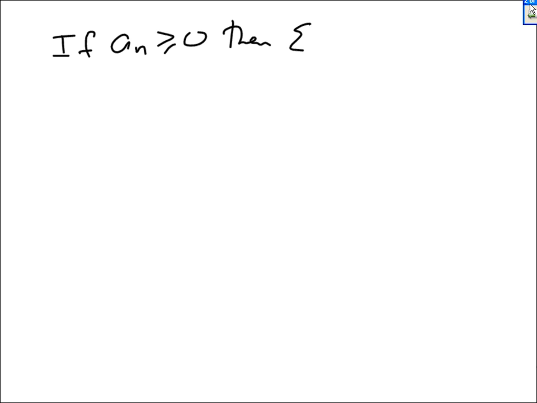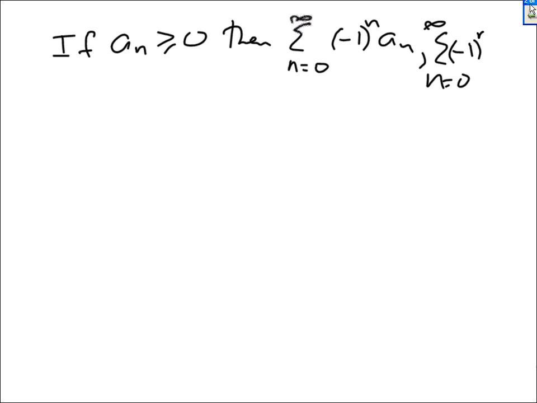Then the summation from 0 to infinity of negative 1 to the n, a sub n, and the summation from 0 to infinity of negative 1 to the n plus 1, a sub n,